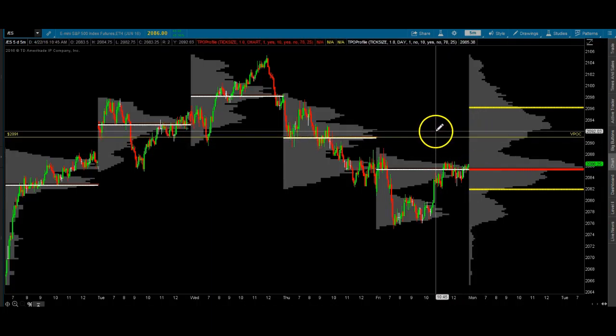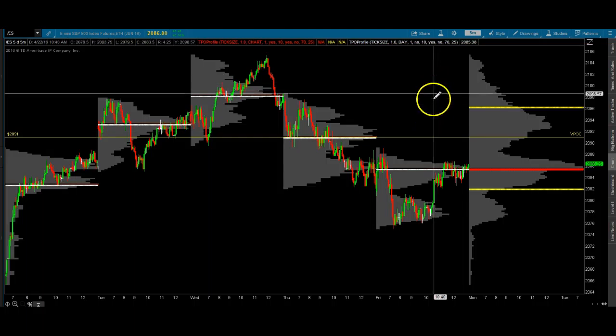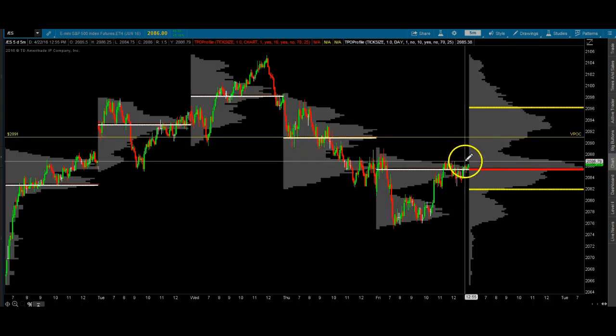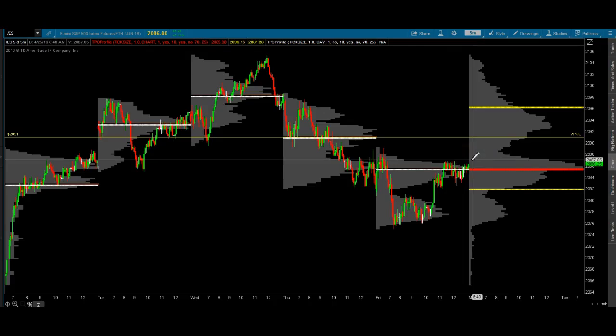The way I trade VPOCs and gaps is usually the very first touch. I'll look for 1 point. I'm not trying to get 2, 3, 10 points, anything like that. All I want is my one quick point, because I know that algorithms know where these levels are, and they're going to go in and just buy. All I'm looking for is to put an order in 1 tick before. So we'll put an order in at 2090.75, and we're looking for a 1 point scalp,